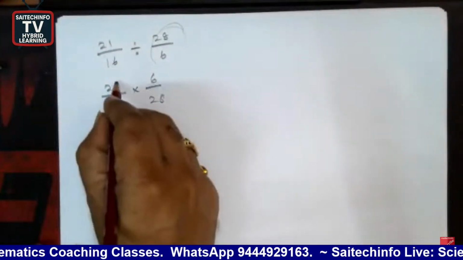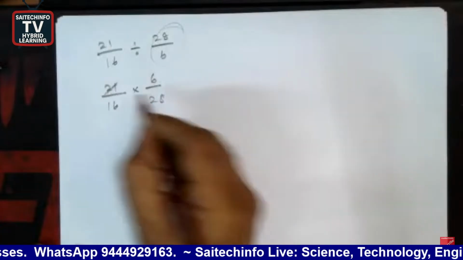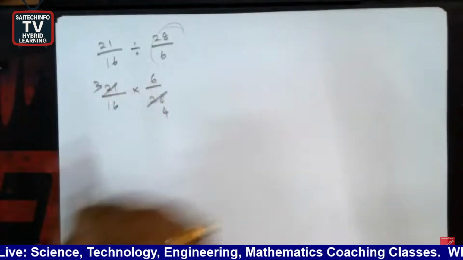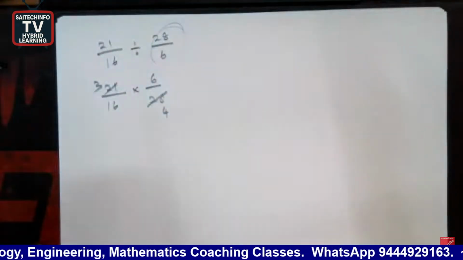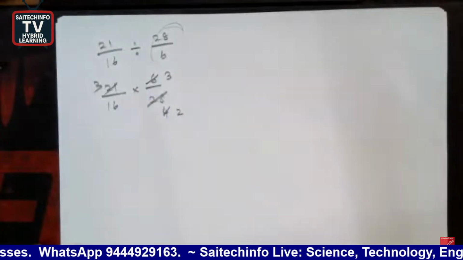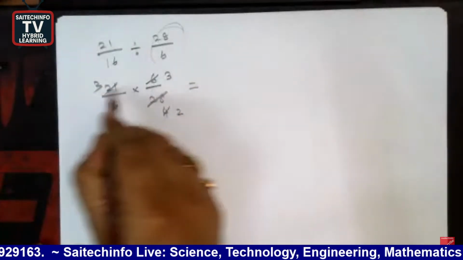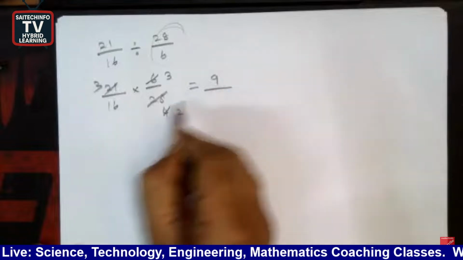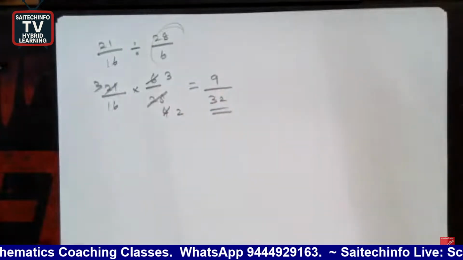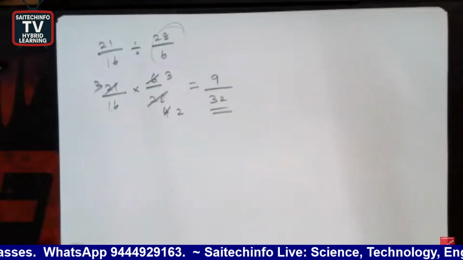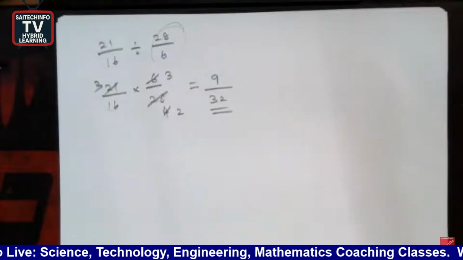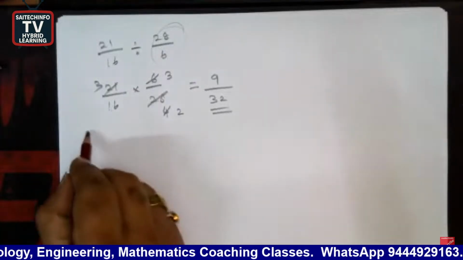For instance, this is 7 3s are 21. You can do straight away. 4 7s are 28. Right? And what about this? 3 2s are 6, 2 2s are 4. Now you can multiply. 3 3s are 9, 2 into 16, 32. Okay? Can you try another sum on the board? Right. Do this sum. Minus